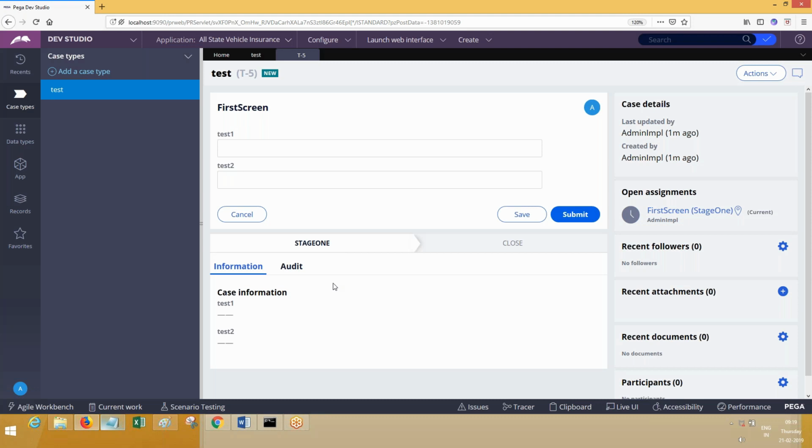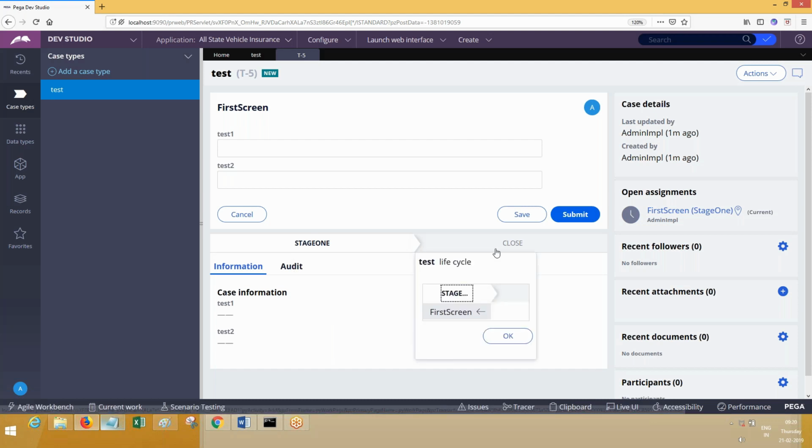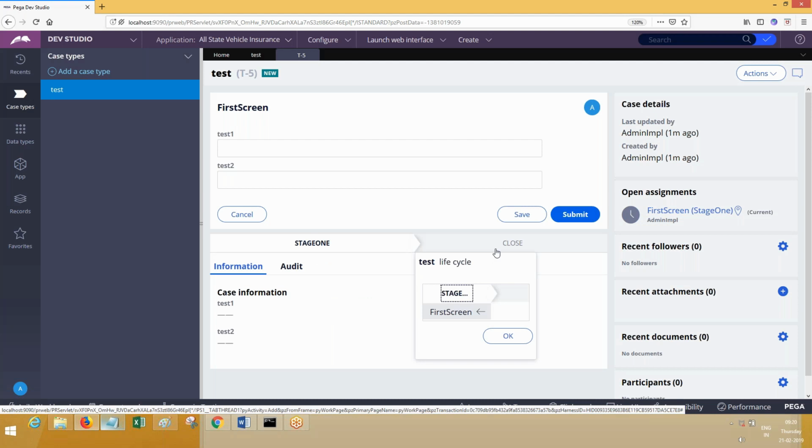When you create a work object by directly executing a workflow, you cannot see its transaction path. But when you add case types, it clearly displays all the stages and where the work object currently is, whether stage 1, stage 2 or stage 3. This is another advantage with respect to visual appearance for end users.